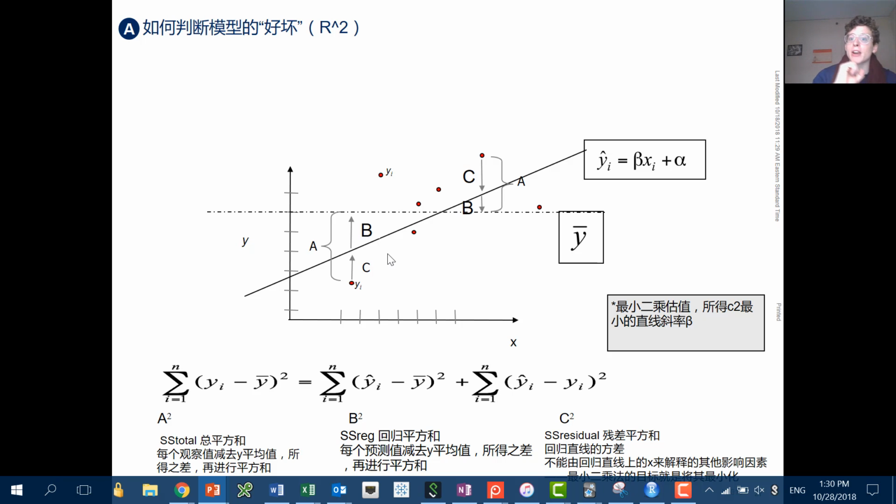And then how much better compared to that baseline is essentially what we see with the R squared. So that's really what we're looking at when we look at R squared at a high level. Of course, there are other parts to it, but it is simply SS reg. R squared is SS reg right here divided by SS total.